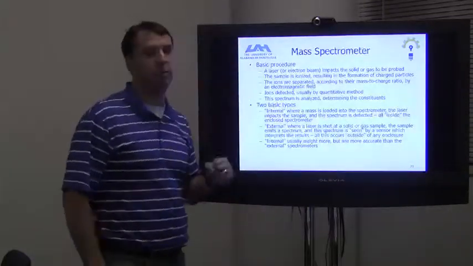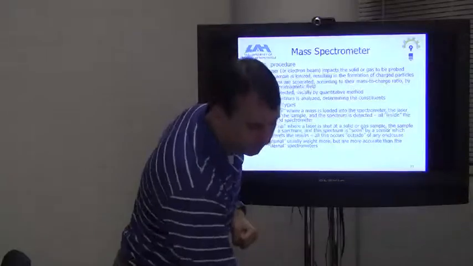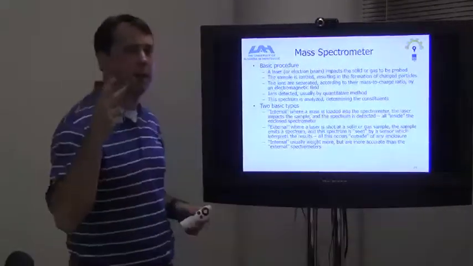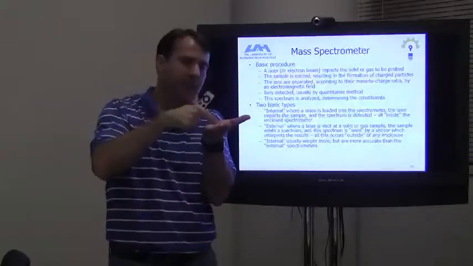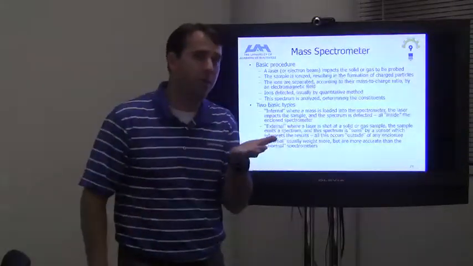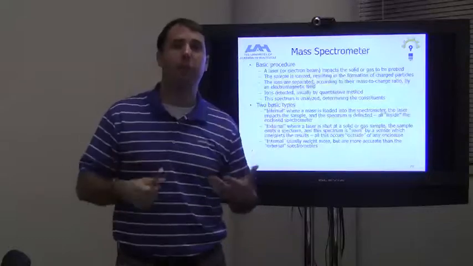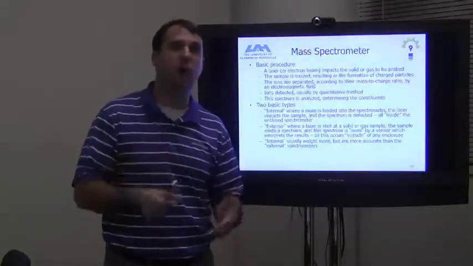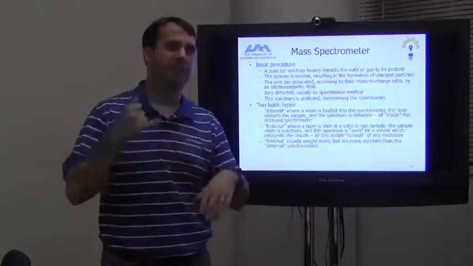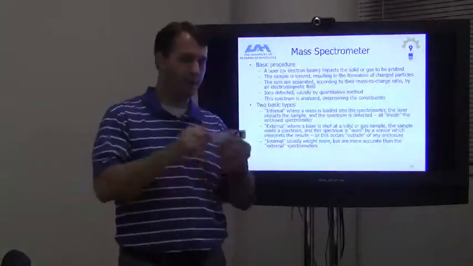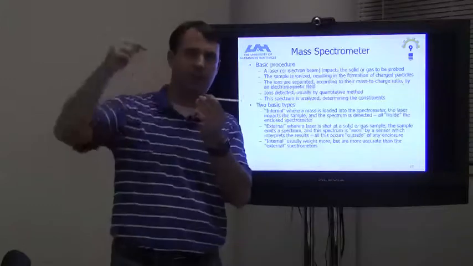So the basic procedure, a mass spectrometer. What it does is it shoots a laser, or an electron beam, that will hit whatever you want to measure, whatever you want to find the composition of. If it's a rock, if it's air, if it's a gas. It doesn't do liquids. It's gases or solids. So say we've got this silver thing, and you have a laser, and it goes, doo,